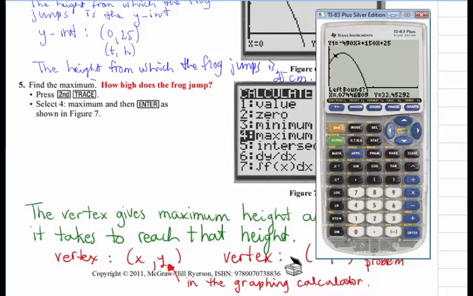It's still to the left of my vertex. I'm going to press enter, move my cursor to the right of my vertex, press enter. I've got 2 arrows here, so my vertex is in between those 2 arrows. It asks me to guess, so I'm going to press enter again, and I get a vertex, which is at, to the nearest tenth, 0.2 and